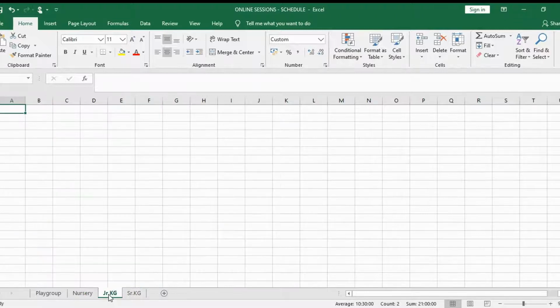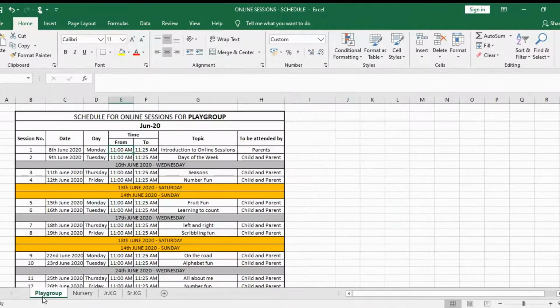Similarly, you can also create schedules for junior KG as well as senior KG. You can further divide these sheets into playgroup A, B, C, depending on how many sections you have. My suggestion to you is